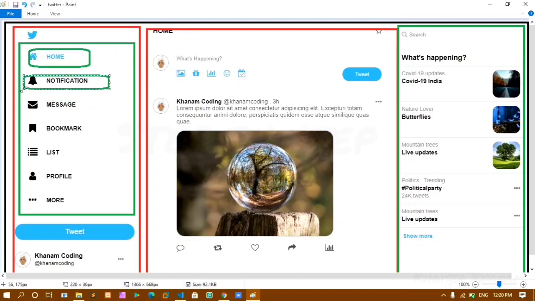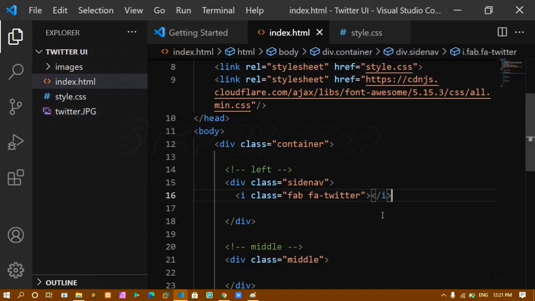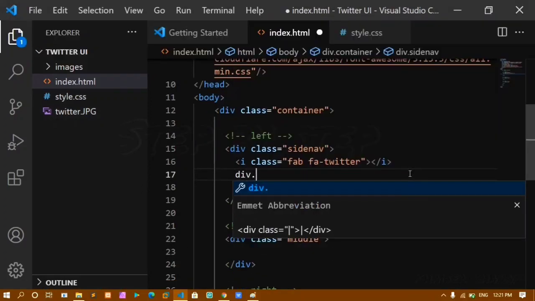Like this it keeps on going. This is one entire div, and in that I have 7 divs. Inside that div I have this icon and I have this home. So first I'll create this div. I'll just create that div and I'll give my class name for this as icon text container.